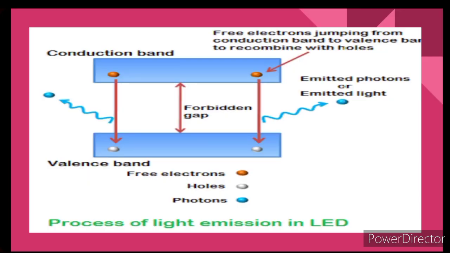How does a light emitting diode or LED emit light? When an external voltage is applied to the valence electrons, they gain sufficient energy to break bonding with their parent atoms. The valence electron which breaks bonding with its parent atom is called a free electron. When a valence electron leaves the parent atom, it leaves an empty space in the valence shell. This empty space in the valence shell is called a hole.